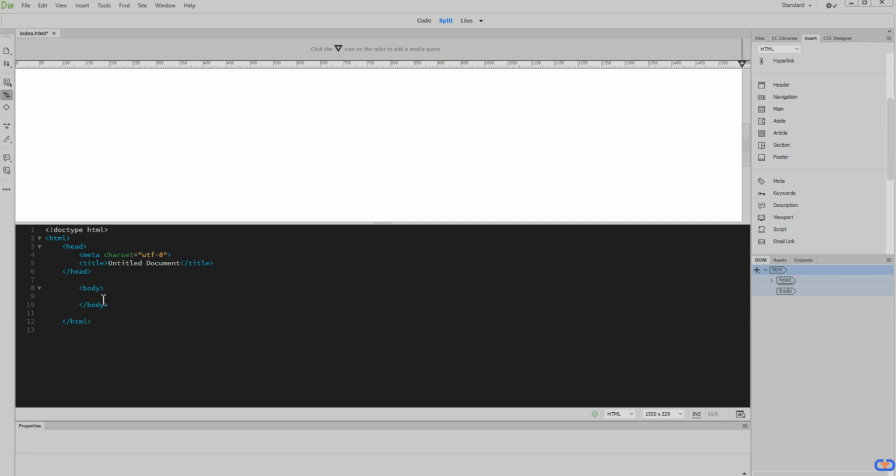our body tag. Now, what we're going to do in this case, we're going to click inside of our body tag. Make sure I click my tab key to make sure it actually has indentation inside of our body. And then all we're going to do here, we're going to go over to our insert panel. And as you can see here,